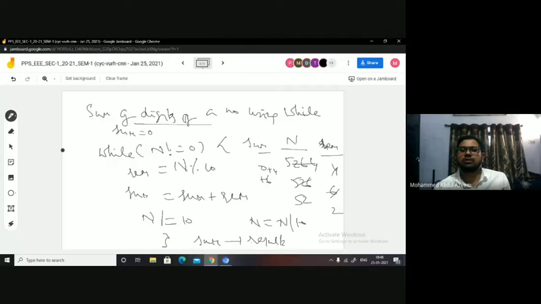Then sum equal to sum plus REM means plus 2 here. n /= 10 means n will be reduced to 5 now. Then again you check 5 not equal to 0 is true. So 5 mod 10 will give you what? 5 as the remainder. Sum equal to sum plus REM means it will be plus 5, right? Then n equal to n by 10 means n value gets 0 here. So when 0 not equal to 0 is false, you come out of the loop and you get the result in sum. Yes or no?